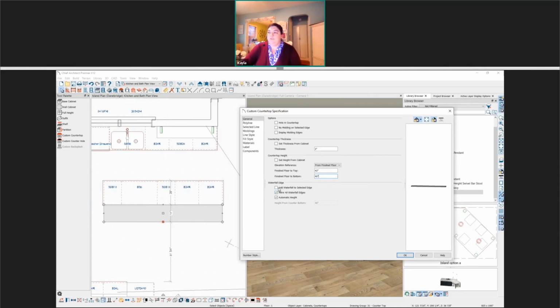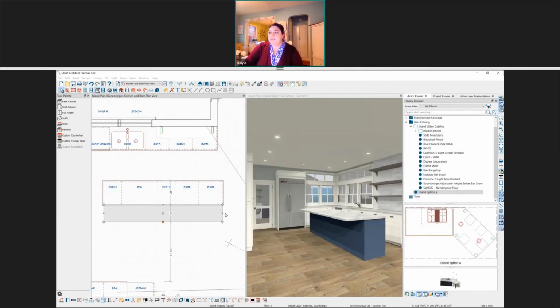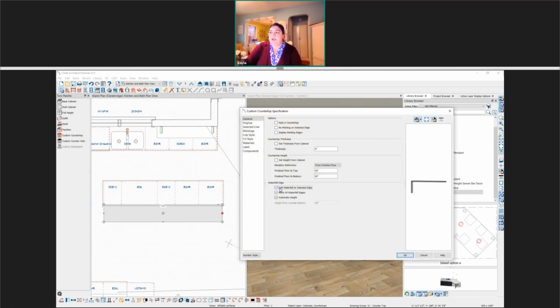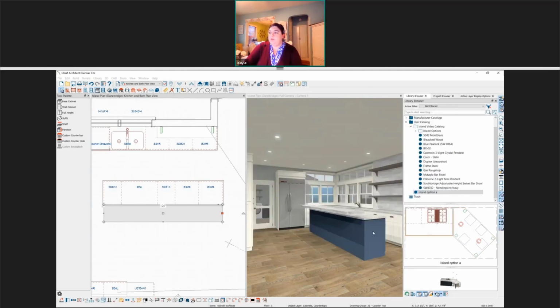Now we have an option here too to add a waterfall to the selected edge. Right now my selected edge is this back section. You can tell again because I have that larger red edit handle. So before I select that option, I'm going to select OK, make sure that I have the edge that I want to waterfall selected, open it up, and then check Add Waterfall to Selected Edge. So you can see in my 3D view, it's added that. And if I come over to the other side, we also do have a shortcut down in the Edit toolbar. So Add Waterfall to Selected Edge is also right here. So it'll add it on the other side.